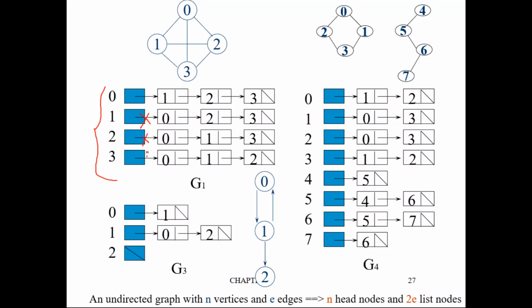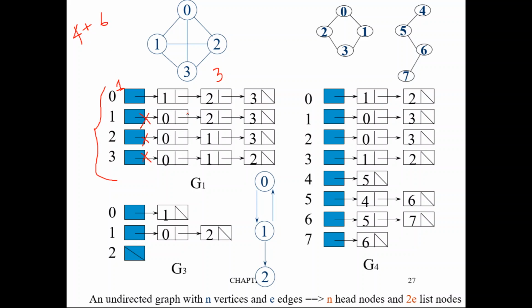So how many comparisons so far did we make? We made one for this vertex, and this vertex contains 3 nodes. For each of the 3 nodes we have compared. So 3 plus 1, 4 comparisons already. How many vertices does this graph contain? N is 4, and how many edges? 6, I guess: 1, 2, 3, 4, 5, 6. So here we need a maximum of 10 comparisons. So 4 is done.